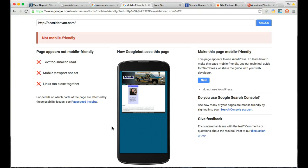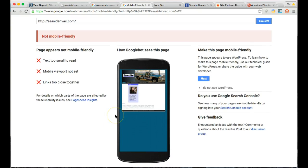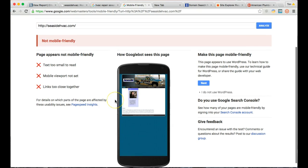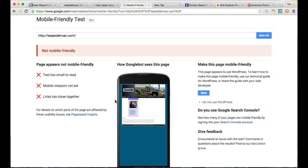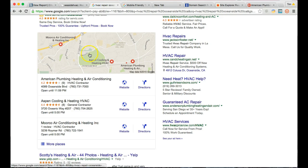And Google just picks up on this and is a little bit less likely to show your site to people who are searching for HVAC contractors or HVAC repair, especially on their cell phones. So that's one major recommendation I would have: having the site upgraded to mobile friendly. And that way you're going to jump up in the results and probably grab one of these map spots. Going back to the results,